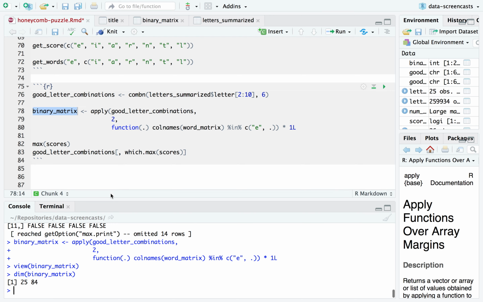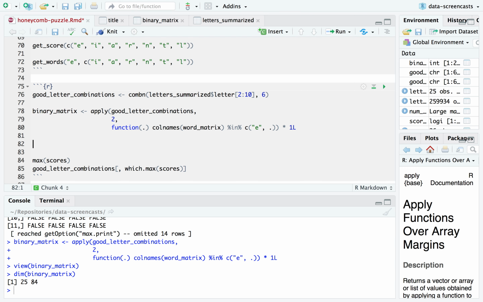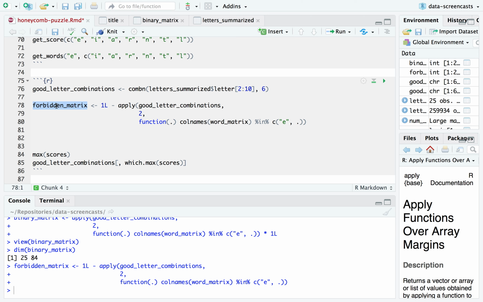And this is for all the 84 combinations that are always using E as the top letter. I'm going to need to figure out the E separately. Okay, that is a binary matrix. And notice this fits really well with the word matrix. Instead of 1L, I'm going to say 1L forbidden matrix. Here we go. So here's the forbidden matrix, and now we can say,